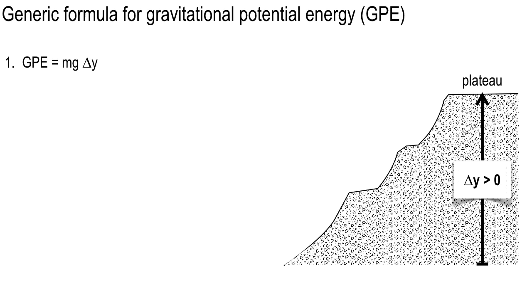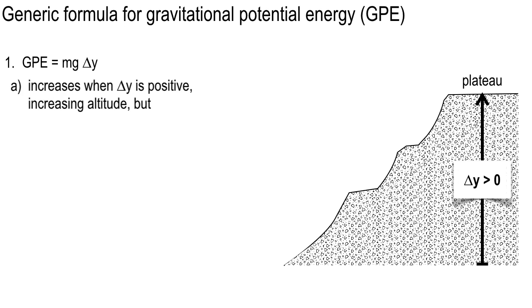All right. So if you think about it as a plateau or a mountain or something like that, the gravitational potential energy increases if delta Y is positive, and this is using g equal to positive 9.8. So we don't have a negative sign in there on this one. And that means you've stored energy in the water balloon, or whatever it is you've brought up to the top of that plateau.